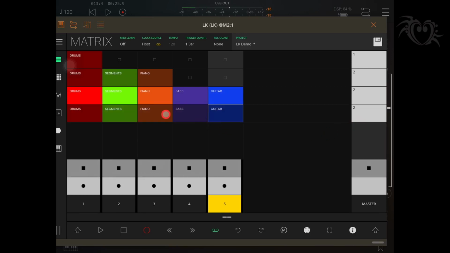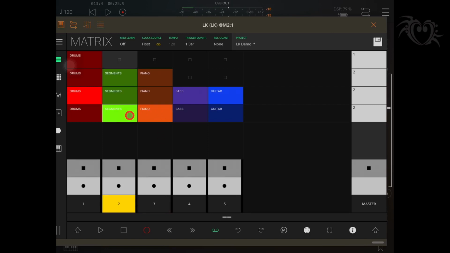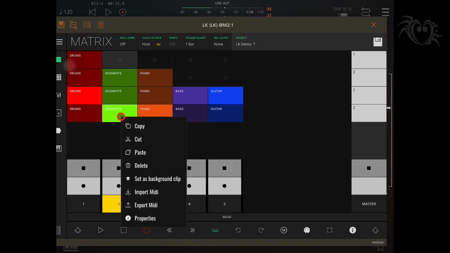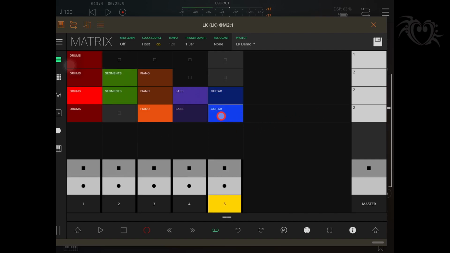There we go. And in this next scene, I'm going to remove segments and remove that and leave a little room for the guitar melody that's going to play in loop 2. Right, now I'm going to go into guitar